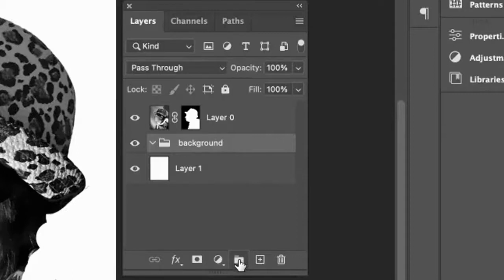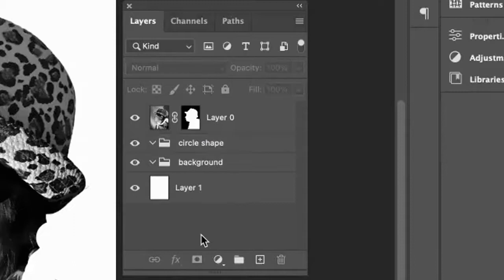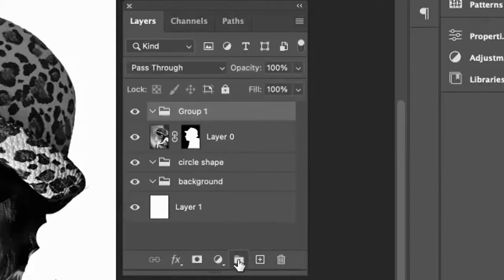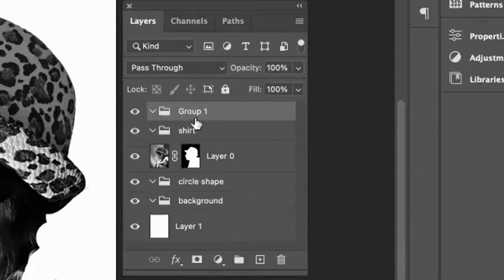Now let's add another folder. So press your folder button, double click on the title, and this one should say Circle Shape. Click the folder again. This folder should be on top of your photograph, and it should be called Shirt. Click the folder again. This folder should be on top of Shirt, and it should be called,